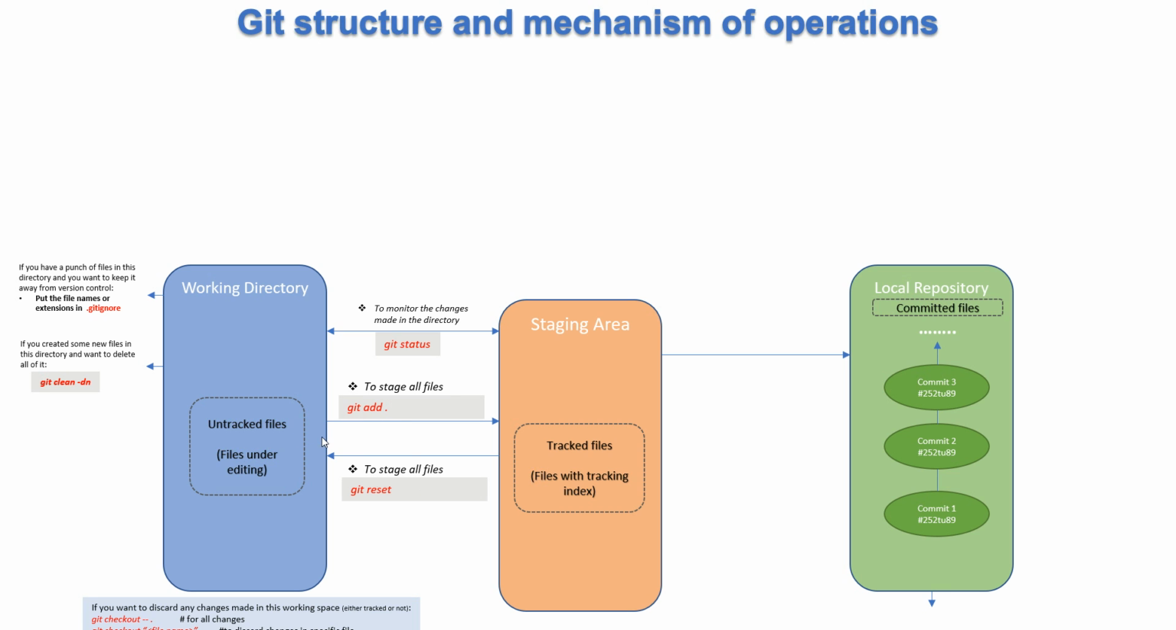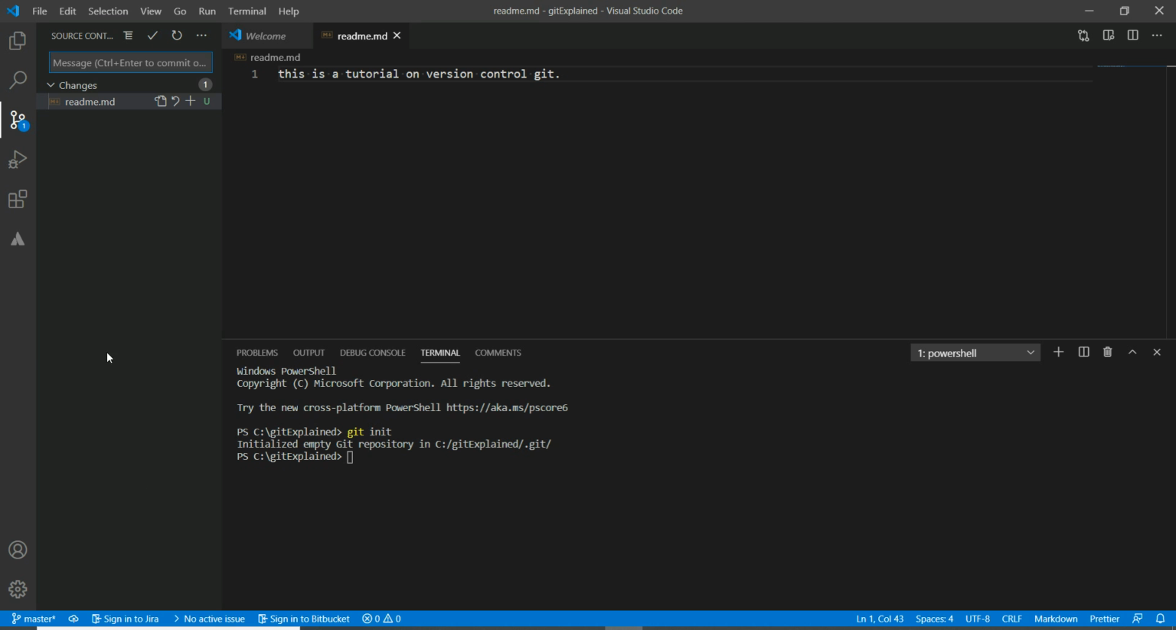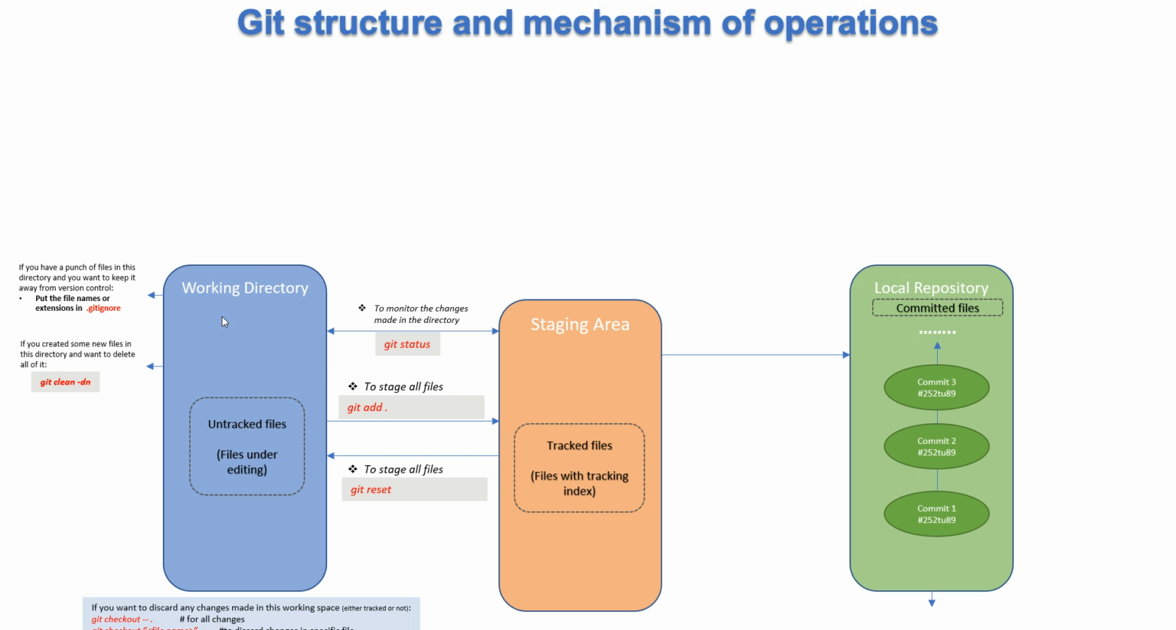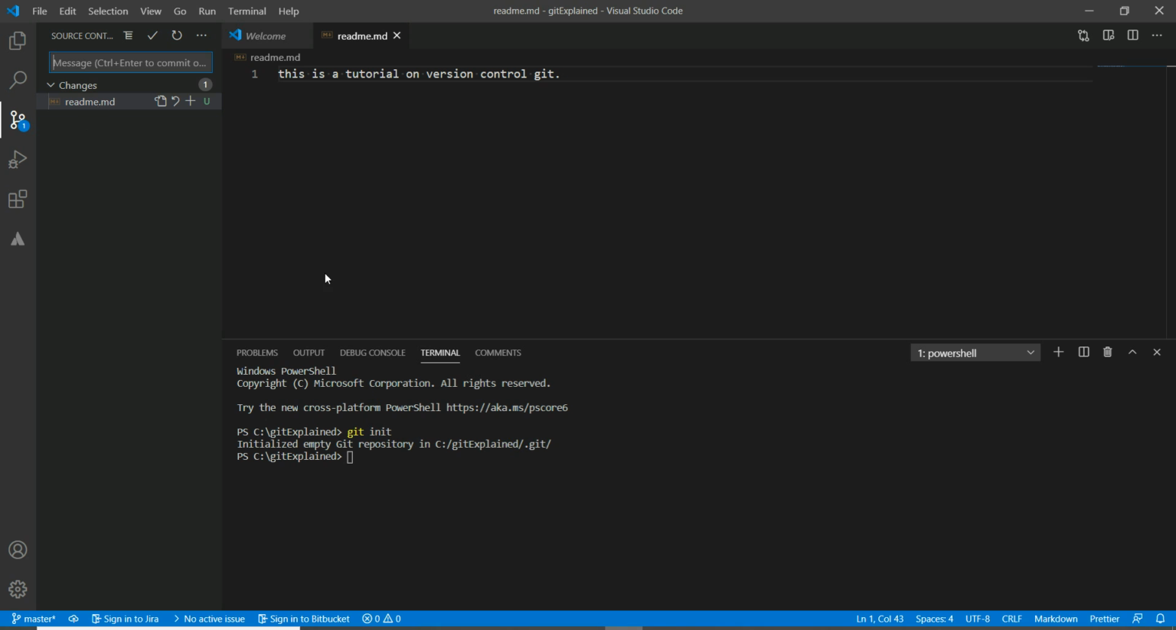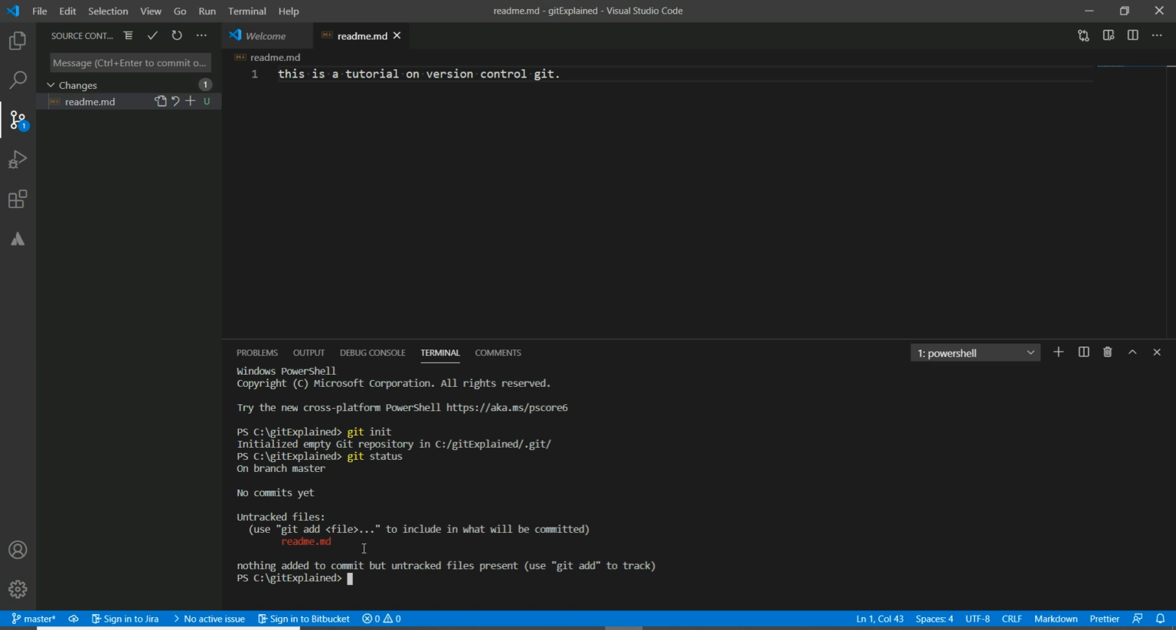Git add dot will add all the files which are in this directory. As we said, we are in the working directory. Let's always have this habit: use git status to check the status of your directory. Okay, so it says that you have an untracked file which is called readme. Okay, so